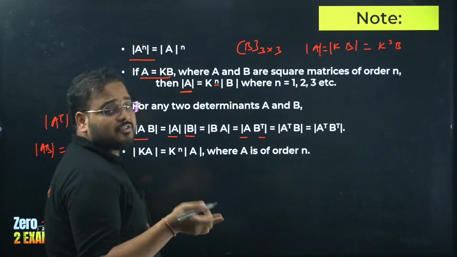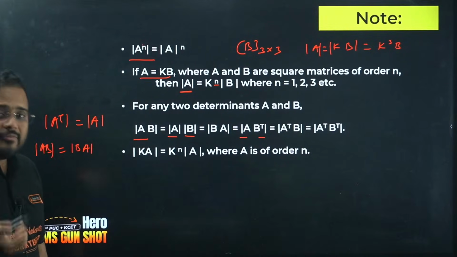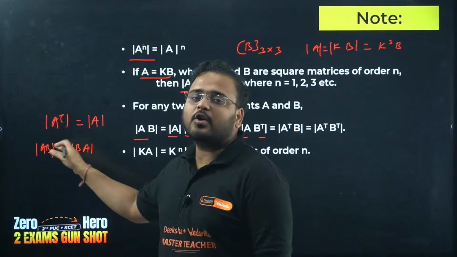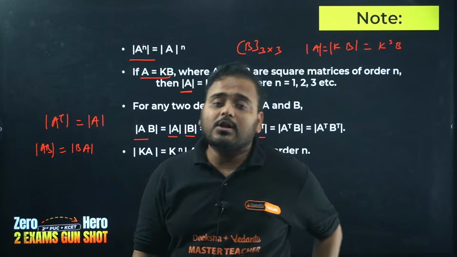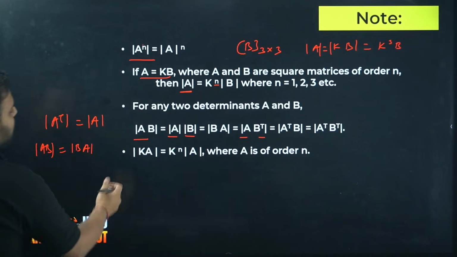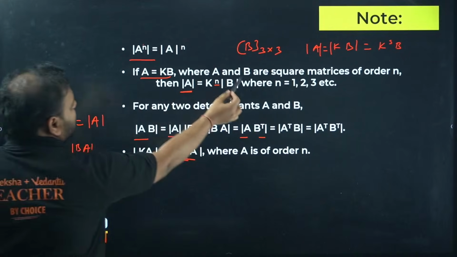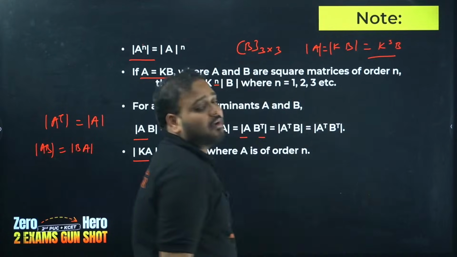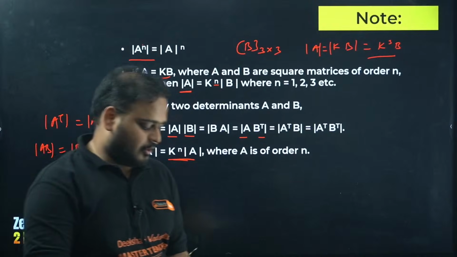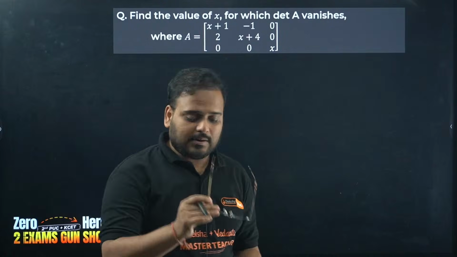It was not the case for matrices. In the case of matrices, it was only possible if it was invertible, but in the case of determinants, this changes. Determinants are independent of the order of multiplication of the matrices and also are independent of the transpose taken over the matrix. Okay, clear? Now this is the same property I've listed over here. k becomes k power n determinant A, what I wrote over this side, please check. k power 3, because the order is 3, so k power n, and A is of order 3, or n. Got it. Now some questions on these properties.